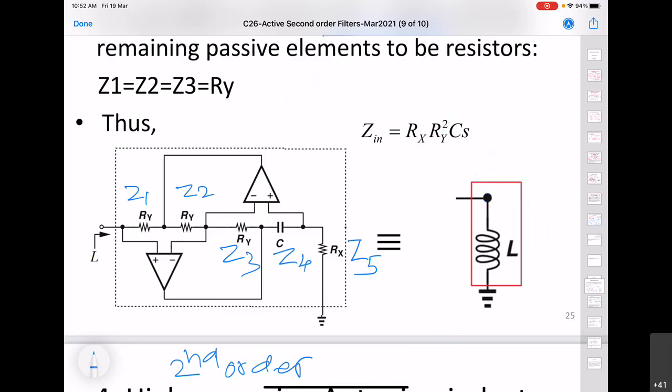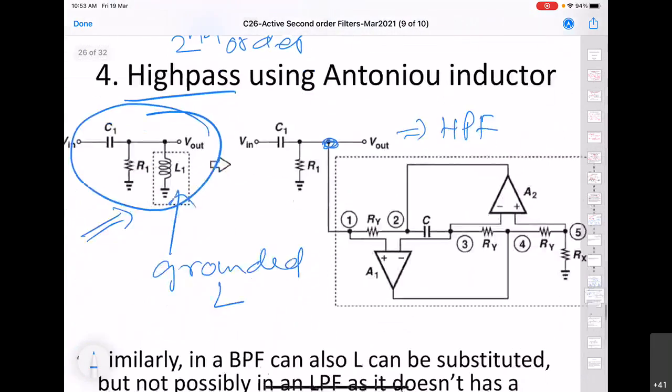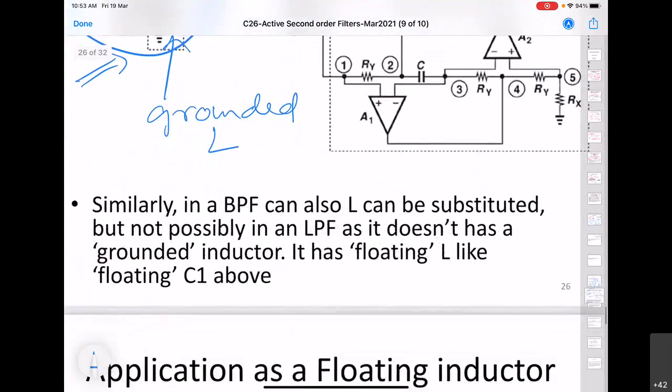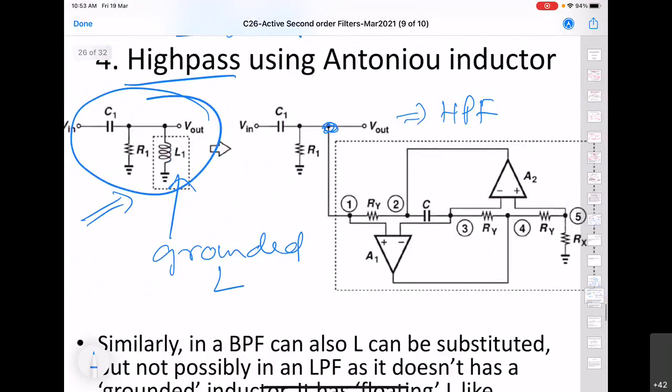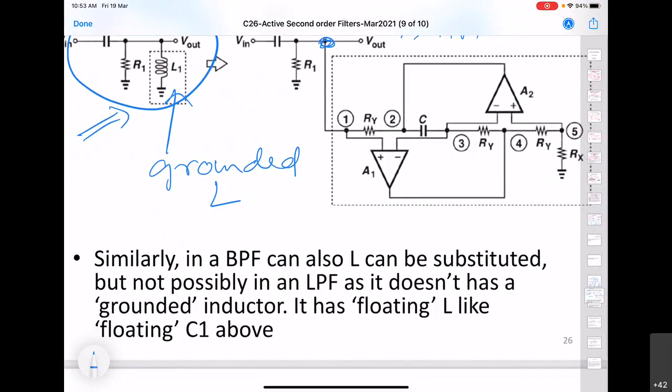So it is not Ry square, but it is simply Ry. And in this case also, the inductor is Rx, Ry, and C, like the previous case. Okay, so the Antonio inductor not only can be used for high pass, but it can also be used for band pass, because